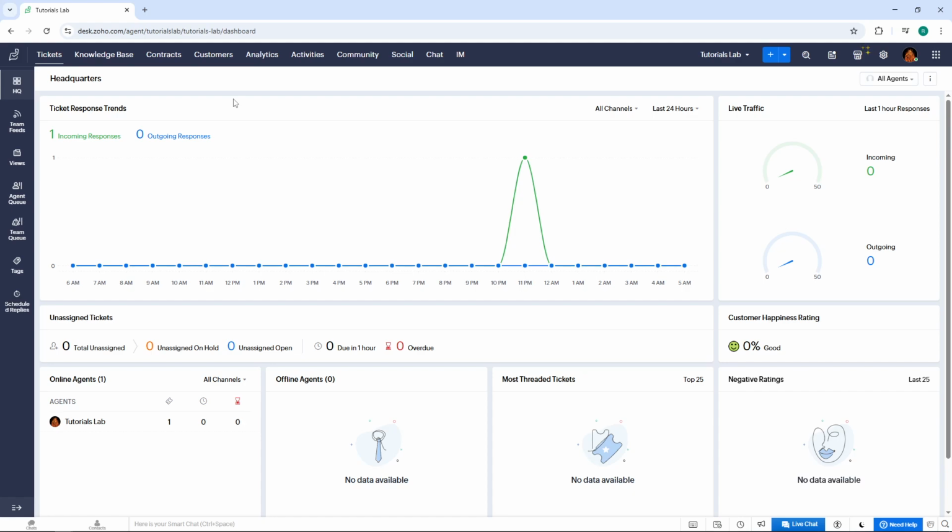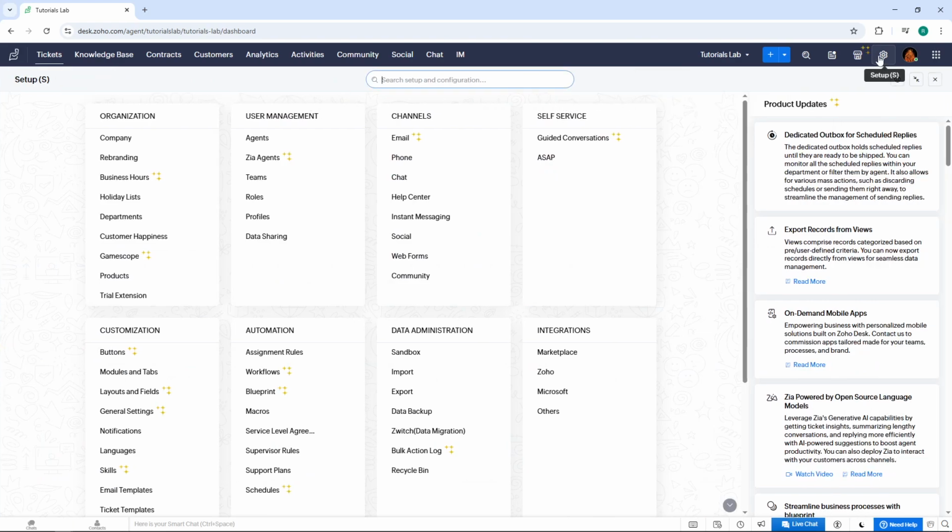To get started, head over to Zoho Desk and log in to your Zoho account. Once you're logged in, you'll land on your Zoho Desk dashboard. From here, you need to locate the settings icon, which looks like a gear. You'll find this icon in the top navigation menu. Go ahead and click on it. This is your gateway to all the configuration options that Zoho Desk offers, and it's where we'll set up the